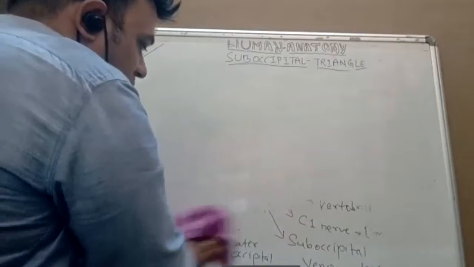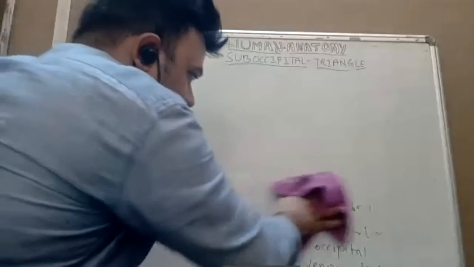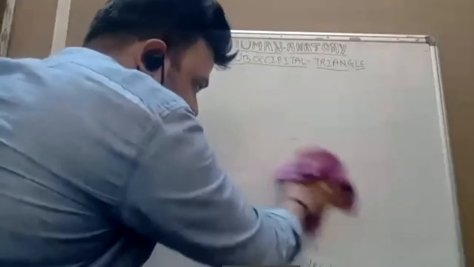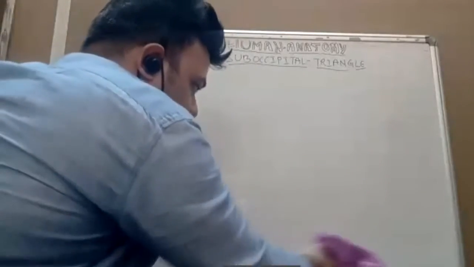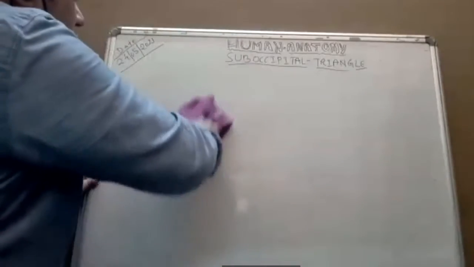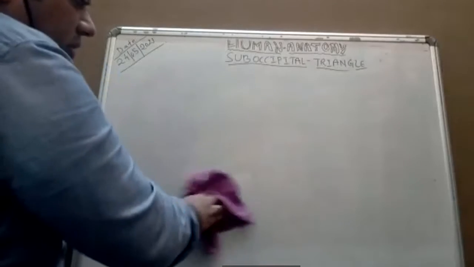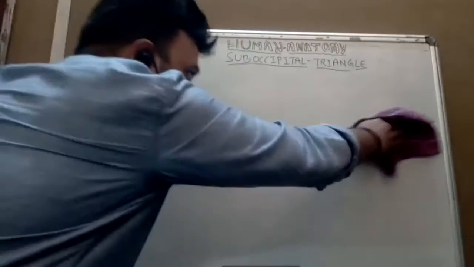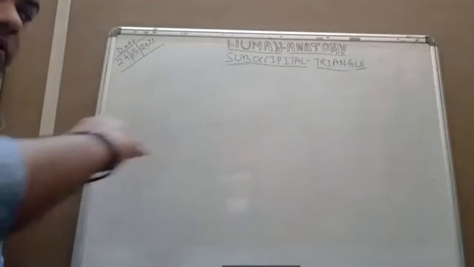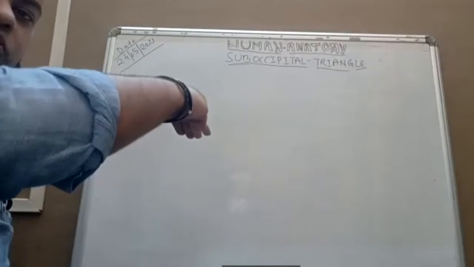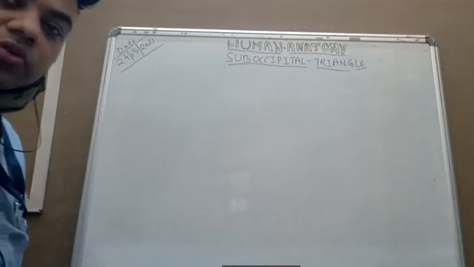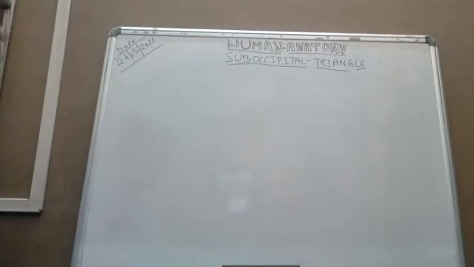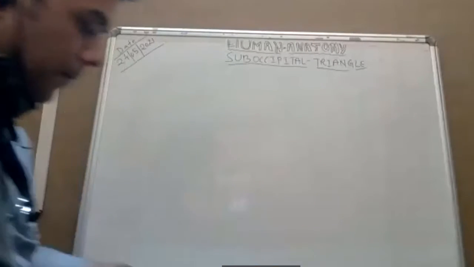The suboccipital triangle is a very small part and it is almost horizontal. It is seen here as vertical, but it is almost horizontal. It lies below the posterior part, or squamous part, of the occipital bone. The plane of the triangle is almost horizontal, but obliquely going posteriorly and superiorly, though mostly it is horizontal.